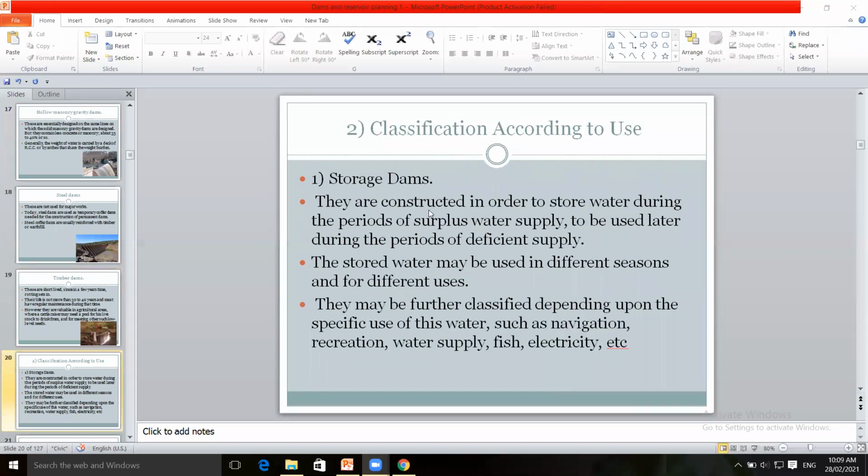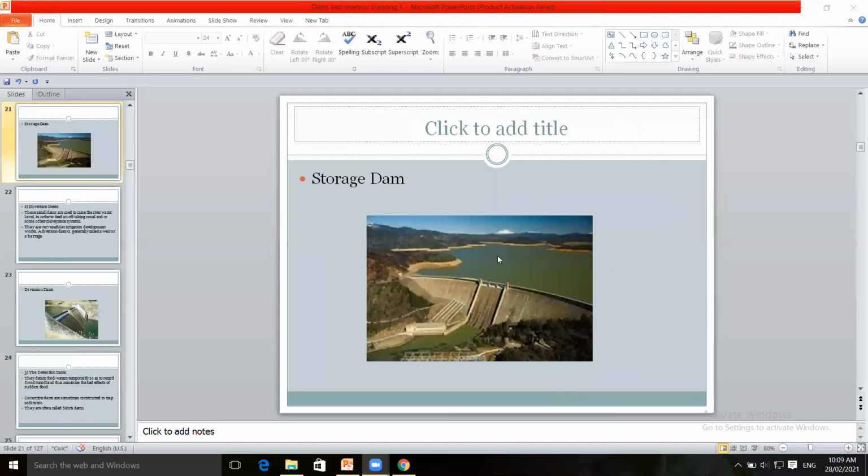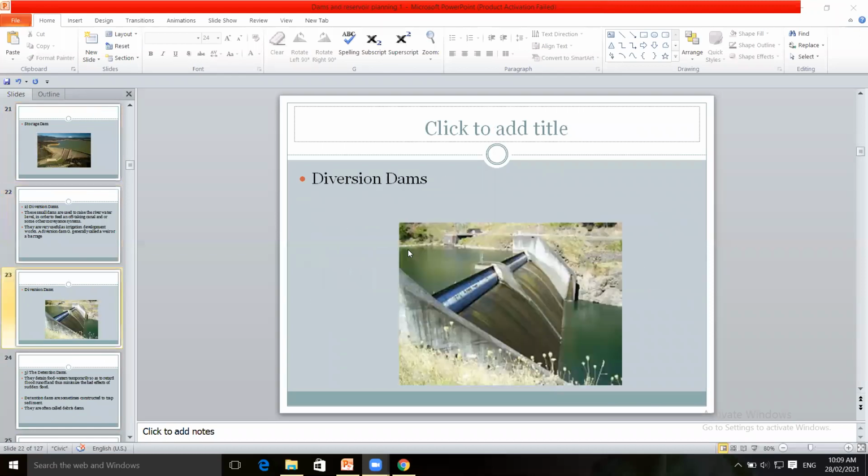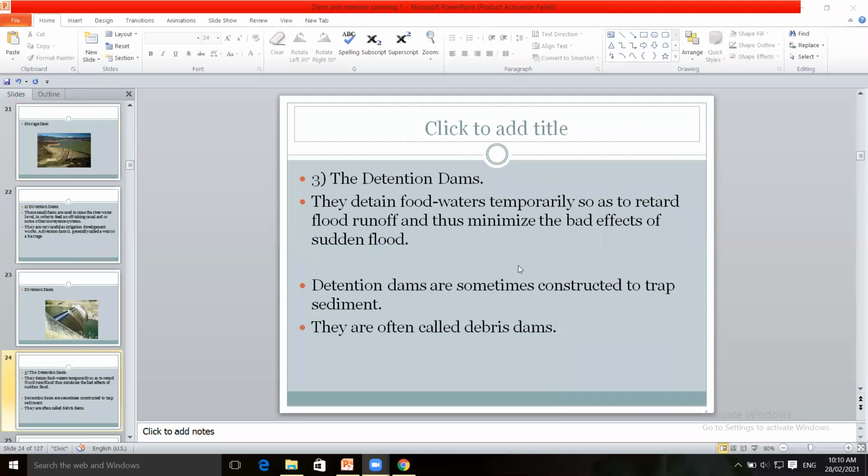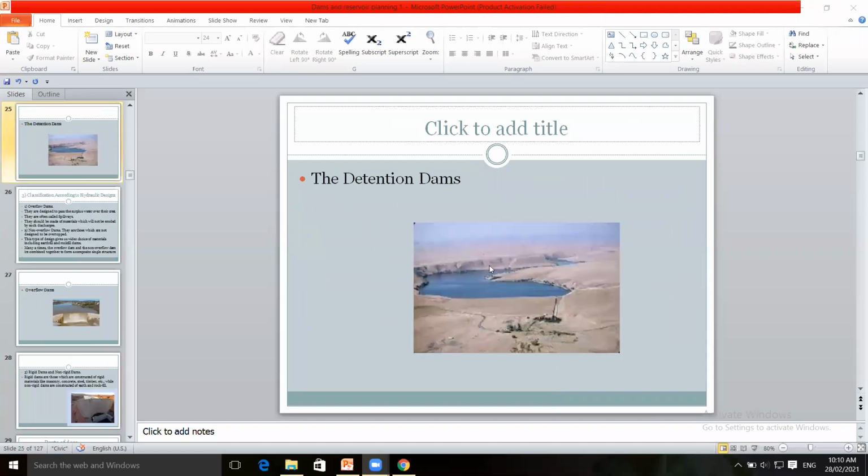Then according to the use, we have seen storage dams. This is a storage dam. Diversion dam. This is a diversion dam. Detention dams. This is a detention dam.